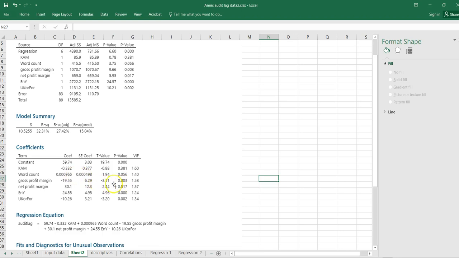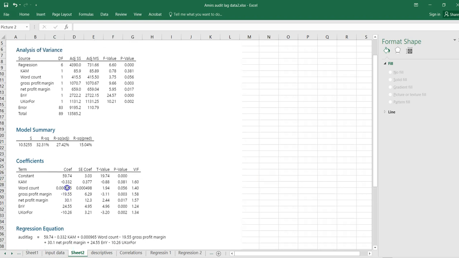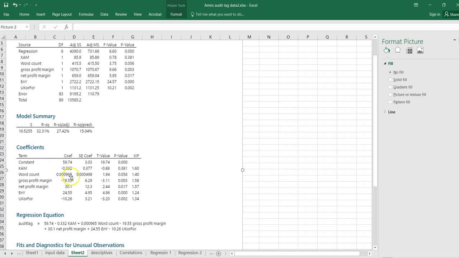This is more clearly significantly different from 0. So all these variables would appear to be significant in explaining the length of the audit lag. They're all significantly different from 0. But even with these, we mustn't take the actual value too seriously. All we can say is that it is significantly different from 0